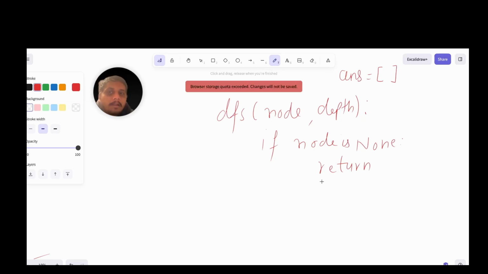then I am going to add a value in this answer array simply. For instance, let's say initially when this answer does not hold any value, and node has a non-none value, then I can say okay, if the depth, whatever the depth we have, is same as the length of this answer, then in that case what I can do is, that means at whatever depth I am moving, this is an entirely new level I have arrived. So in that case I am going to store that node in that